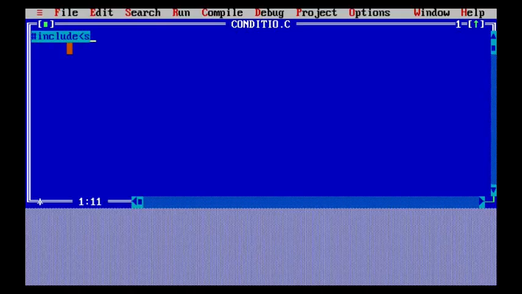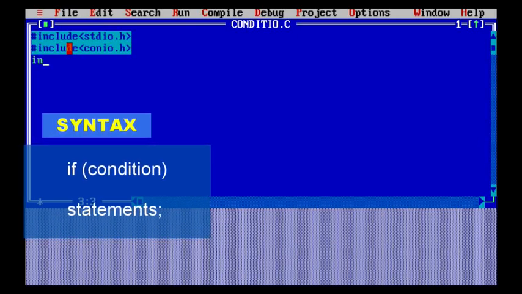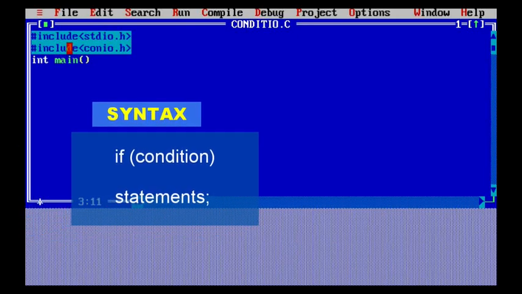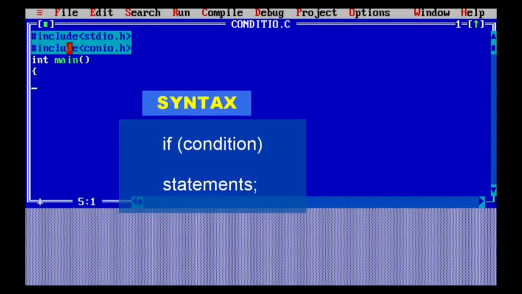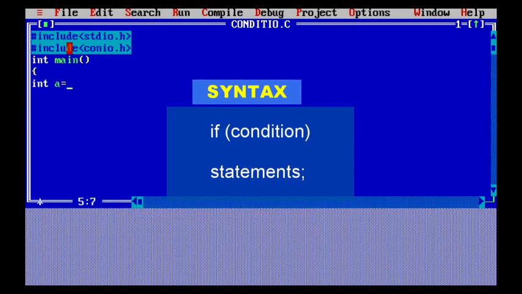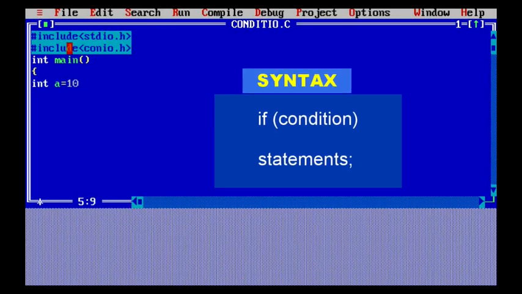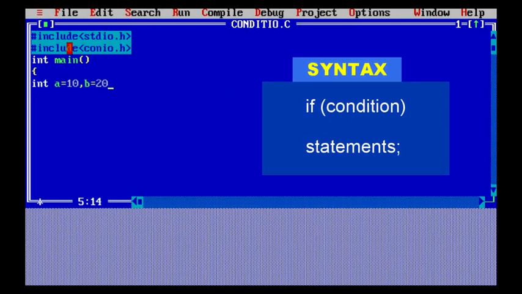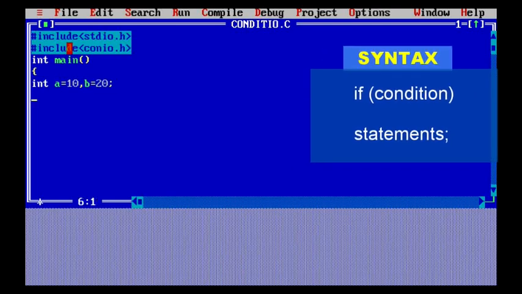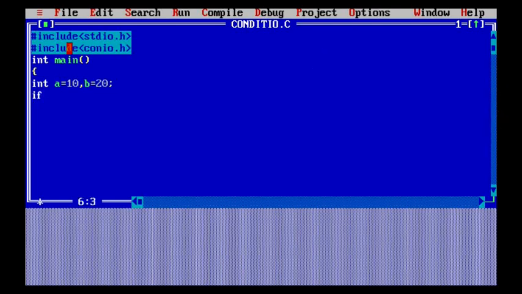Let us start with the very first basic program, that of an if condition. We have said that different conditions are available like if, else if, and also the nested if, and we also have a switch statement. First of all we are starting with the if statement. An if statement includes one condition and, based upon that, one statement. Here I have taken a variable a equals 10 and another variable b equals 20. As you can see on the right hand side, that is the syntax of using an if statement. I have taken the condition that if a is greater than b, the statement is going to print that a is a greater number.